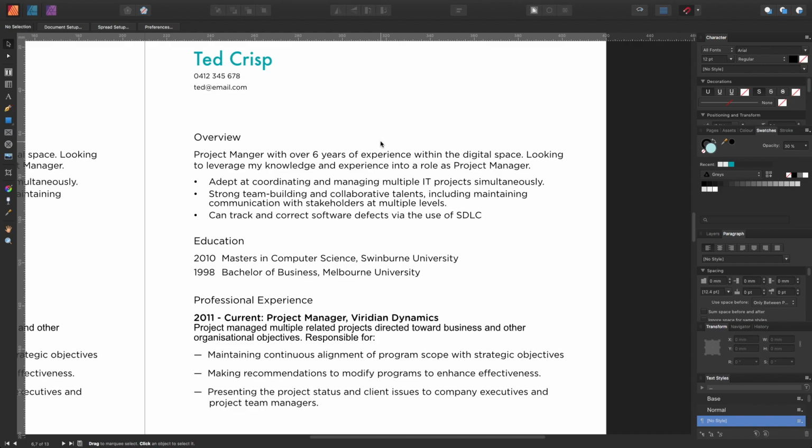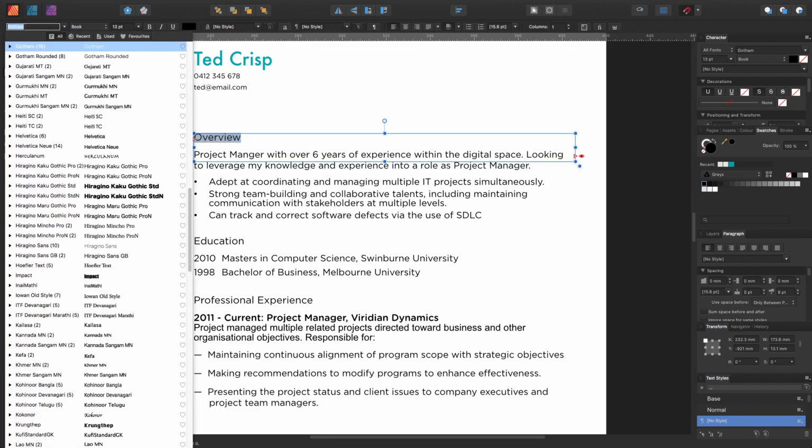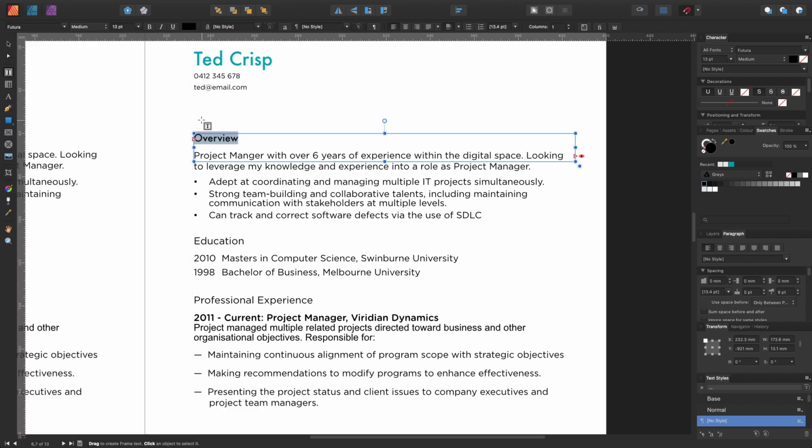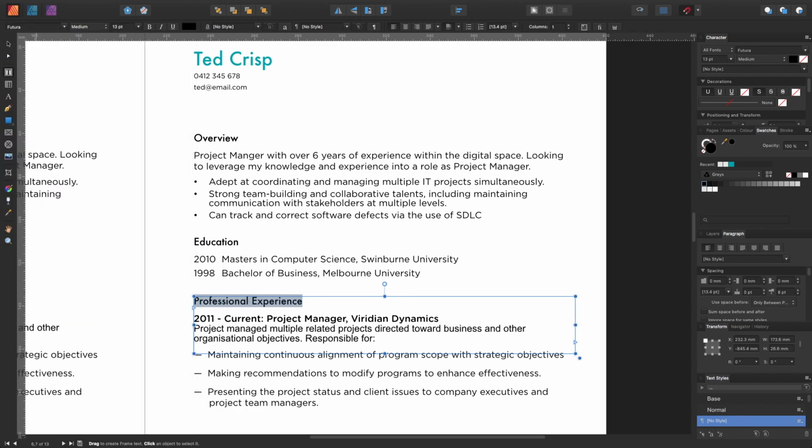The next thing I want to talk about is the headers, because they don't seem to stand out. If we make them stand out, those sections are going to be much more clearly and easily identifiable. So what I want to do is change the font for these as well. As I said before, you don't want to use too many fonts. So what I'm doing is using the same font as I've used for the name. Now they stand out a lot more compared to the body text,